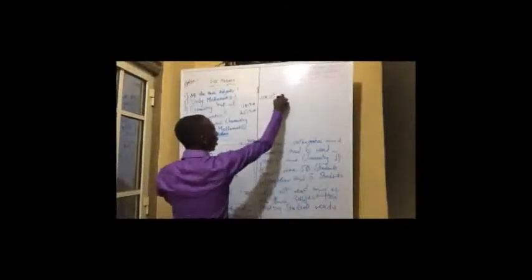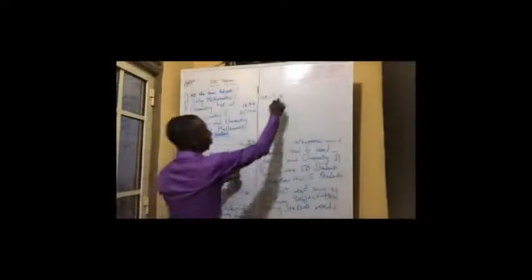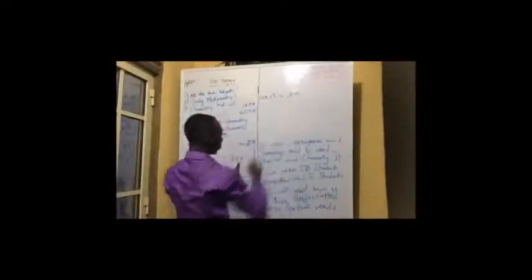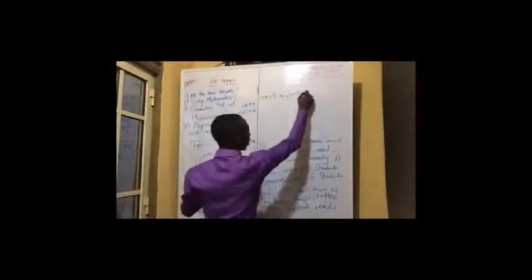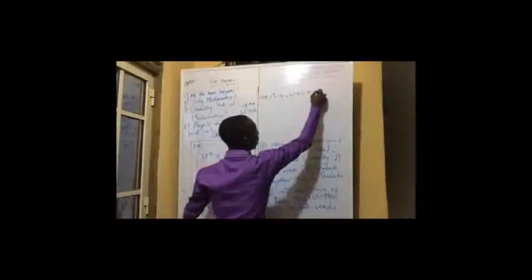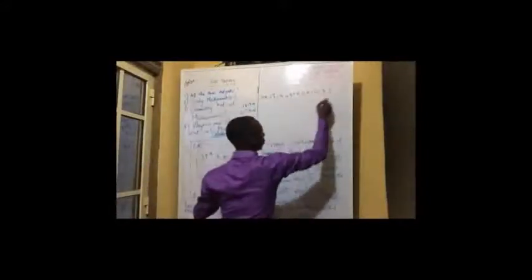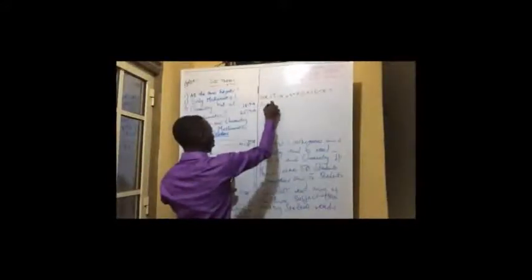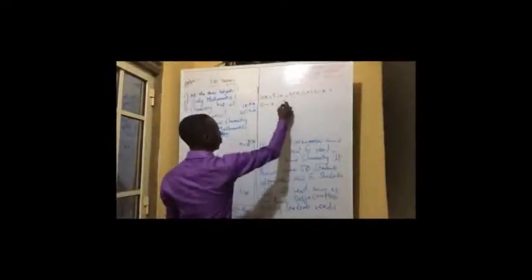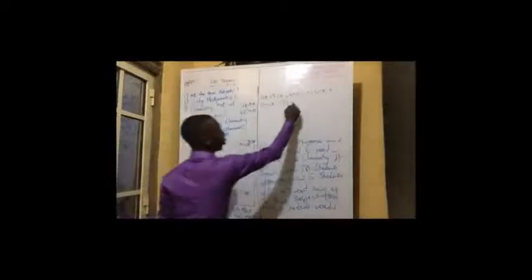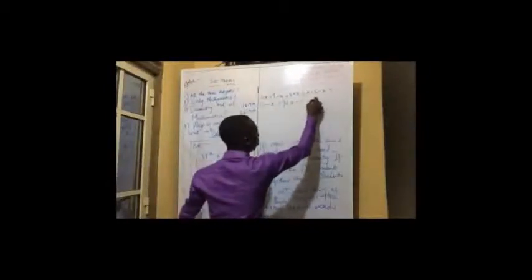9 minus x. The next one, plus 6 plus x. The next one, plus x. The next one, plus 6 minus x. The next one, plus 10 minus x, sorry. The next one, plus 9 plus x. Now you were also told that 5 students are outside here. Plus 5 students, must be equal to 50. That's the total number of students.